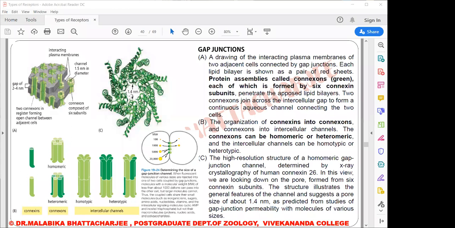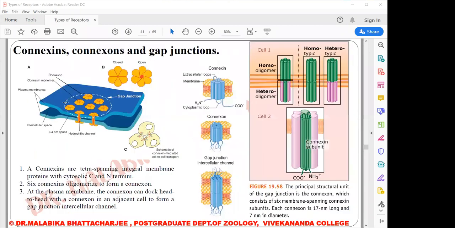A single major protein or a macromolecular subunit is called connexin. So that was a misnomer. I earlier said this whole subunit is the connexin and the individuals are the connexin, sorry. I told it the other way around previously. So this total structure is the connexon. The single ones are the connexins. So this full one is the connexon.